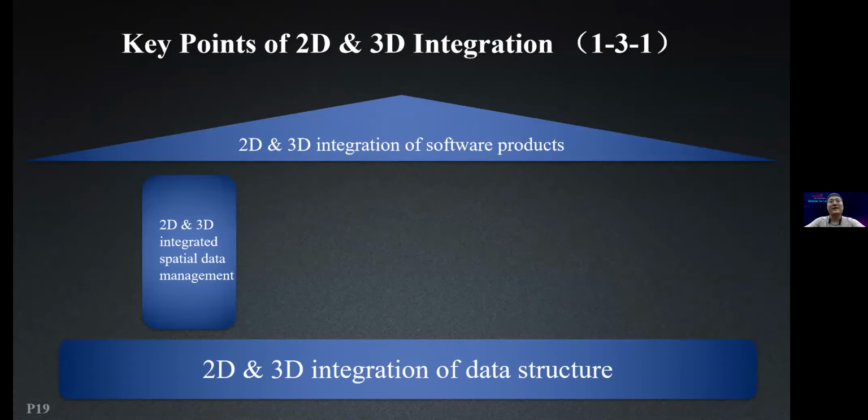Or in other words, we can store both our 2D and 3D data in the same database, and they have the same functions, like customized business attributes, SQL and spatial query, sharing, and security. Then the second point of 2D and 3D integration is the scene construction of 2D and 3D integration,